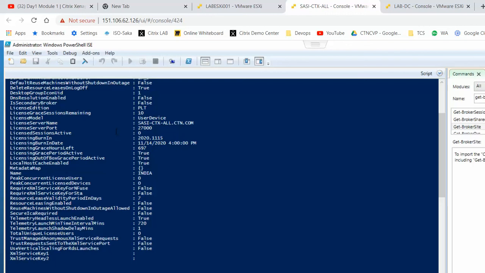So commandlets are very simple. Get means pull the report, set means apply the changes. These are very simple commands. Going forward I'll explain whenever it is possible, PowerShell commandlets I'll help you. Understood? Mahesh, yes, one question. Can this setting only be done by PowerShell, or can we do it by the GUI? No GUI. Only PowerShell.